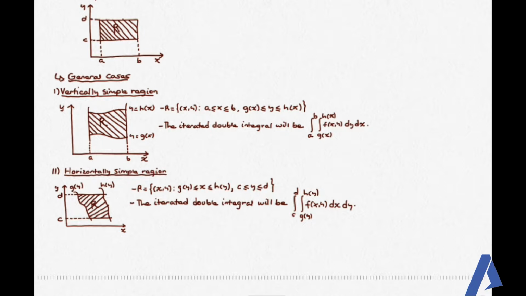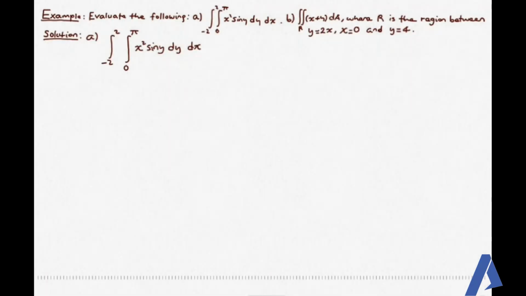ይሆናል ማለት ነው። So similarly horizontally simple region ደግሞ the region R is restricted by two horizontal lines c and d. ስለዚህ with respect to y ከc እስከ d ኢንተግሬት እናደርገዋለን፣ with respect to x ደግሞ ከg of y እስከ h of y ኢንተግሬት እናደርገዋለን ማለት ነው። ስለዚህ በዚህ መሰረት የተወሰኑ ኤግዛምፕሎች እናያለን። ጥያቄው ምንድን ነው የሚለው? Evaluate the following double integrals ነው የሚለው። የመጀመሪያው the integral from -2 to 2 the integral from 0 to pi